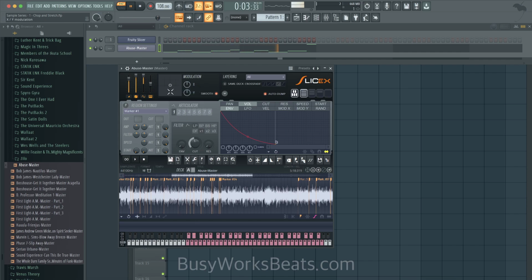Okay, so that's the one thing about using this, it's not time stretching this stuff. Now you can have that unique little texture to it. See here it says speed here, but that's only for marker number 1.